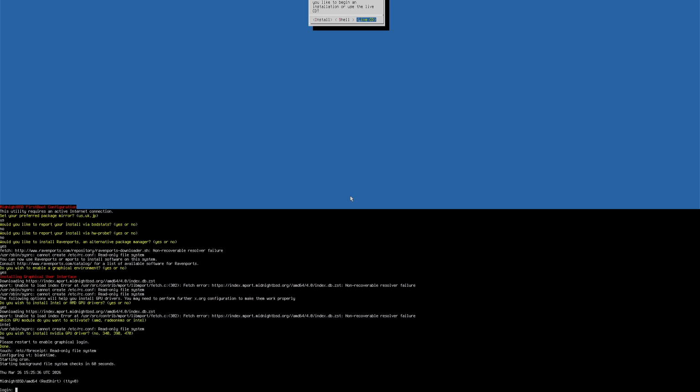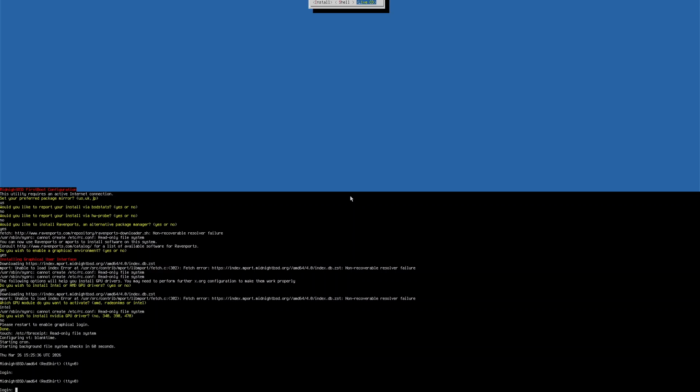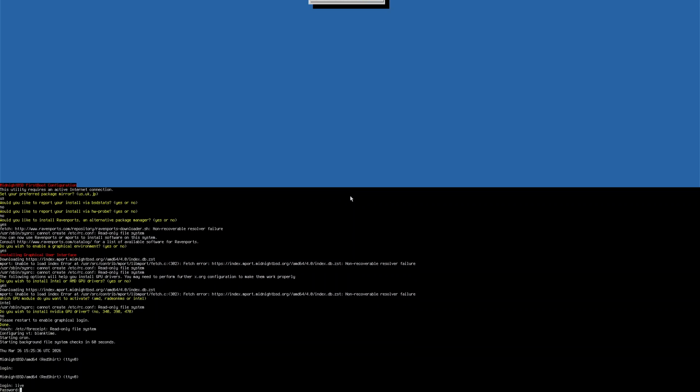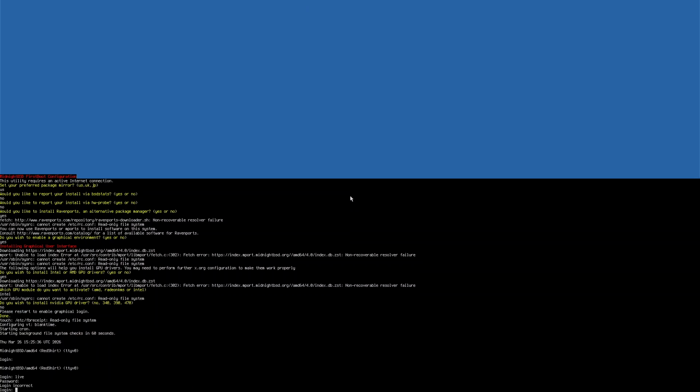Let's see here. We've hit a hurdle. I don't know if you can see that because the resolution's at 4K and I can't change it right now. But, yeah. It's asking me to log in, and I don't know what the live CD login is. Let me look at that.